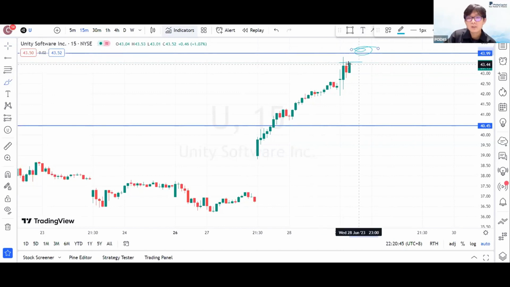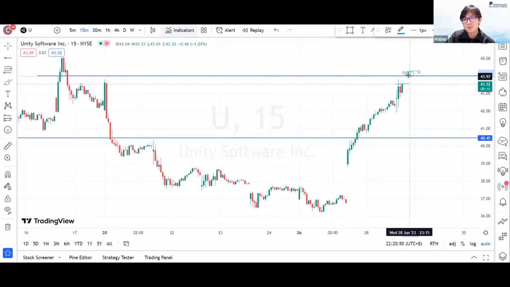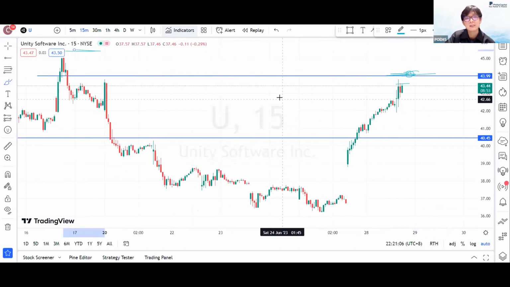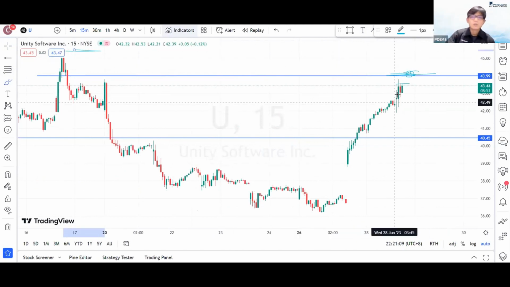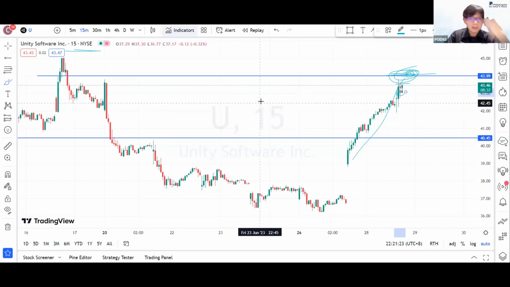All right, with this 44 coming in, there's only two things that you will look to do, either basically three things. Either you look for a long, you look for a short, or you just wait. But 44, I think, is just a waiting game. You have nothing to do here. If you're short, your bearish movement will probably come in and your SL will be above at 45, 46. This is based on my opinion. Because yes, you have a very bullish movement coming, but in terms of price action coming into a supply level, we are still seeing rejection. So it's just whether how they react back at 44 level with the current candle.